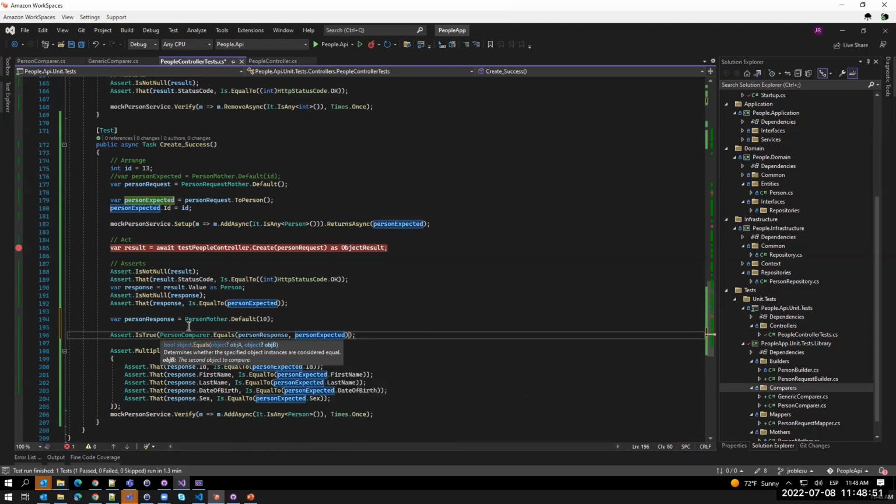And I can say person response as person expected. With this, I'm creating an object for person compare, and internally I'm using this validation to compare both objects. Okay. So when I run this,